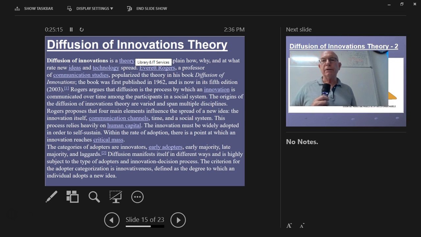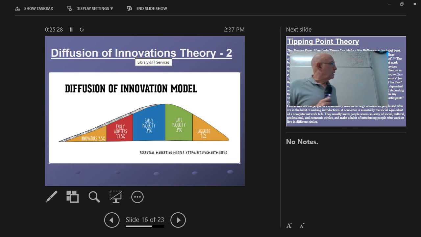Diffusion of innovations theory talks about how innovation spreads through society, and that was created by Everett Rogers. He talks about how it typically starts off with just a few people. As you see here, they're called the innovators, and they might only be like 2 to 3% of society, but they're people that are very willing to try new things, and they're not the same people in every industry, probably,